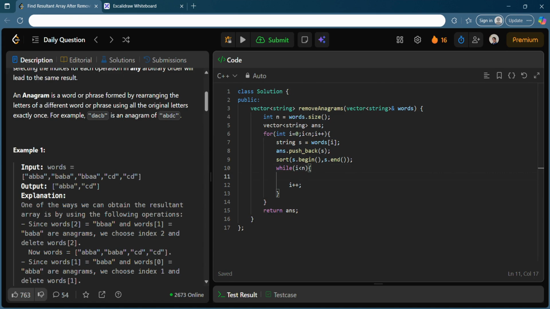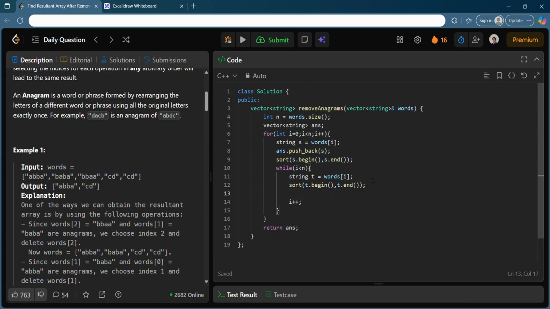In every iteration, I extract words[i] again and sort it in the exact same manner as I did s. I'm just sorting it to see whether the two are anagrams, but I'm making a separate copy of the string so as not to lose the original string while sorting.